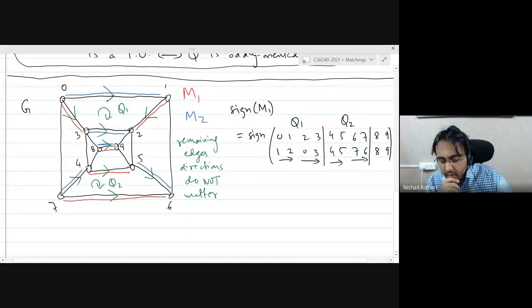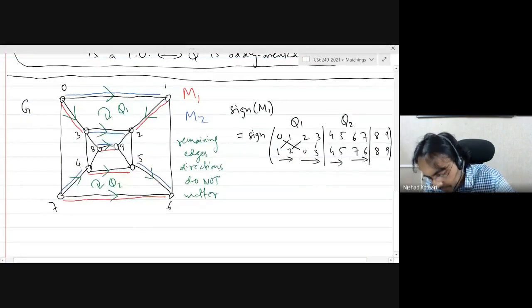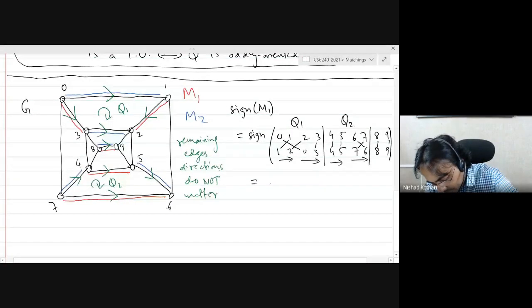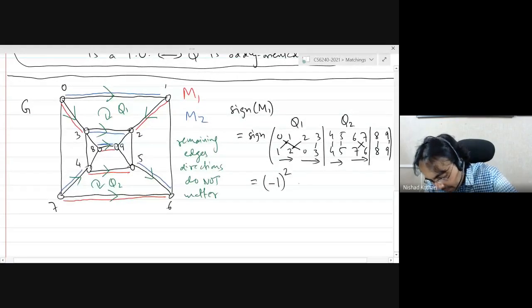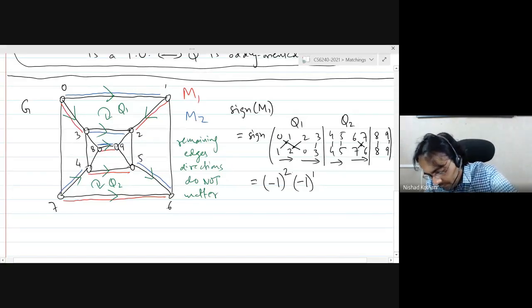Okay, good. So let's look at how many inversions we have. 0 to 0, 1 to 1, 2 to 2, 3 to 3. Here we have only one inversion, and here we have none, right? So let me put it this way. Minus 1 to the power, how many inversions do I have here? 1, 2, right? And then I have minus 1 to the power, just one inversion. And then of course here in the last part I have nothing.